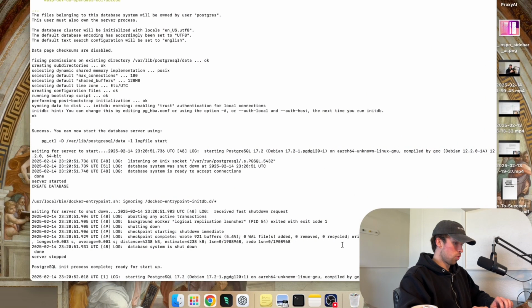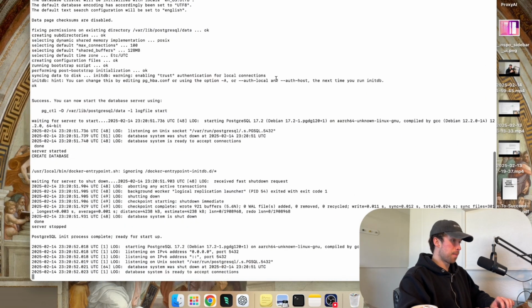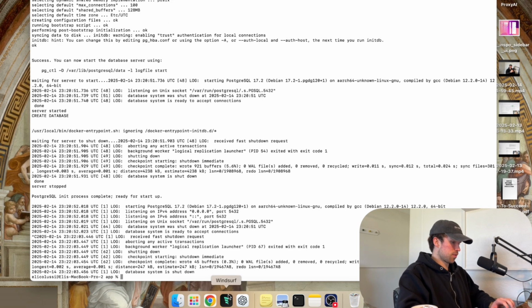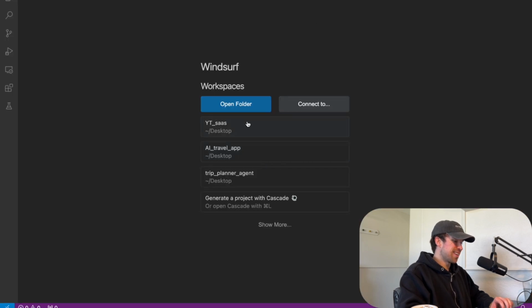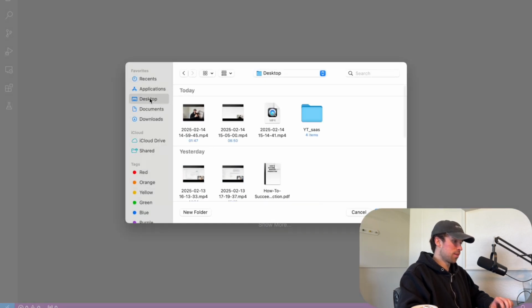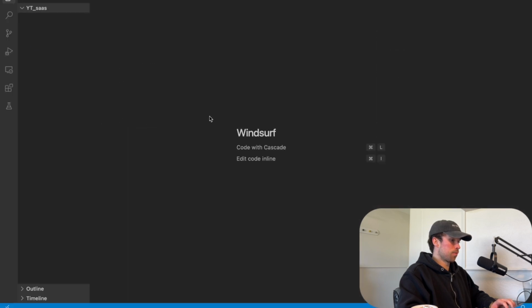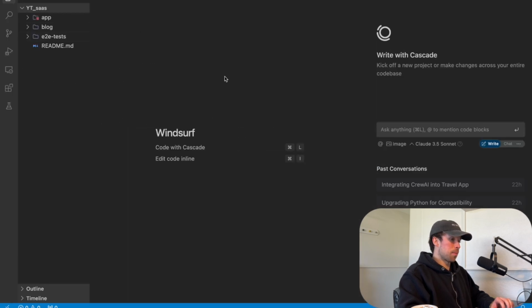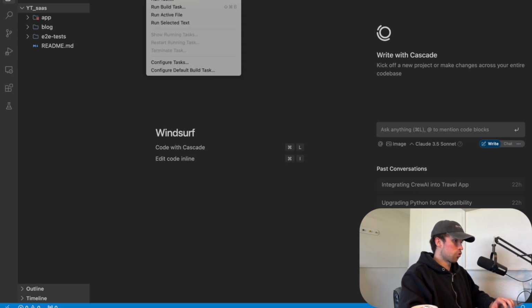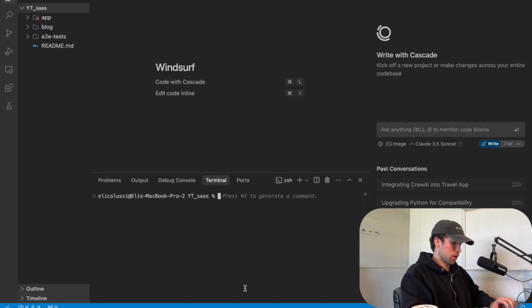Cool. So now, since we have the database up and running, we can leave this running in the background right here. Or actually, I'm going to kill this. And then let's hop on over to our IDE or development environment. Open up the folder that we made. Here it is, right here. I'm using Windsurf. You can use VS Code, anything you want. So once we're in here, let's go terminal, new terminal, and then we can go ls, cd app, and then we can go